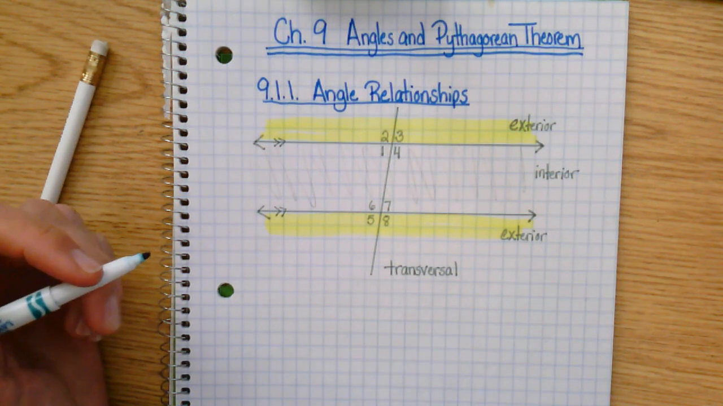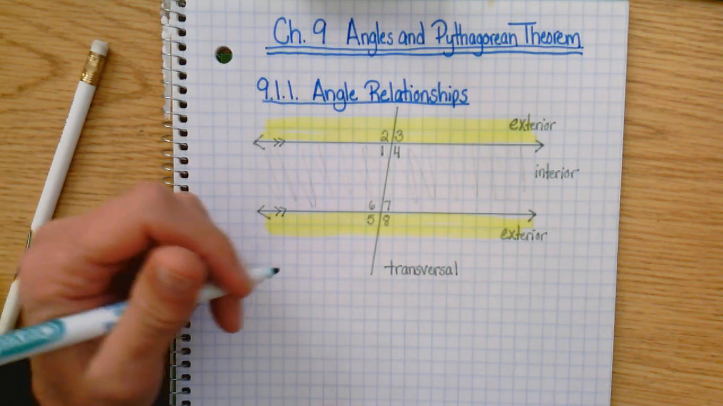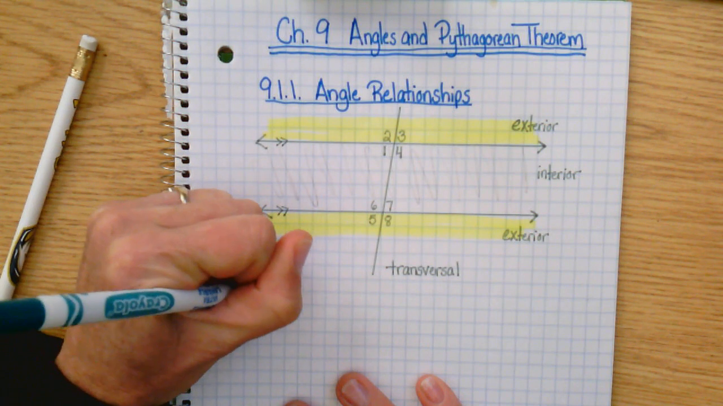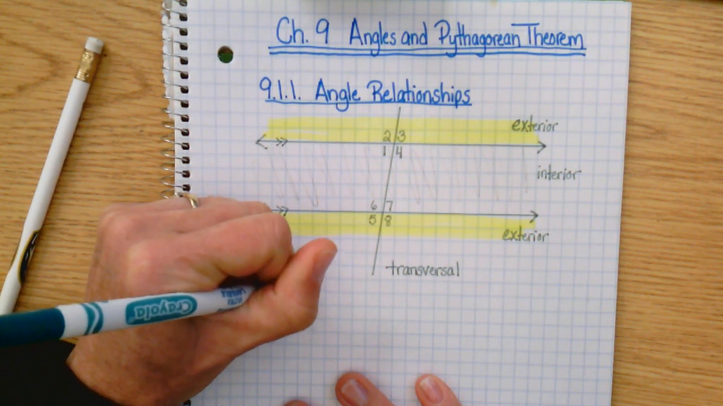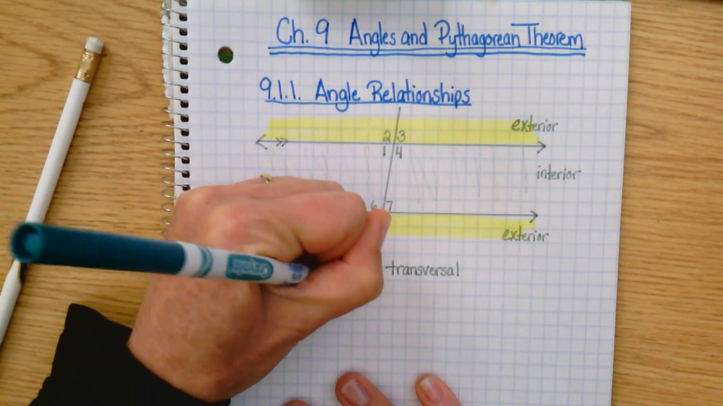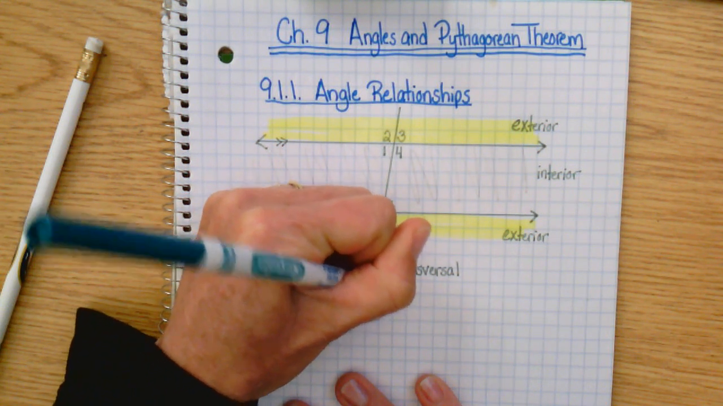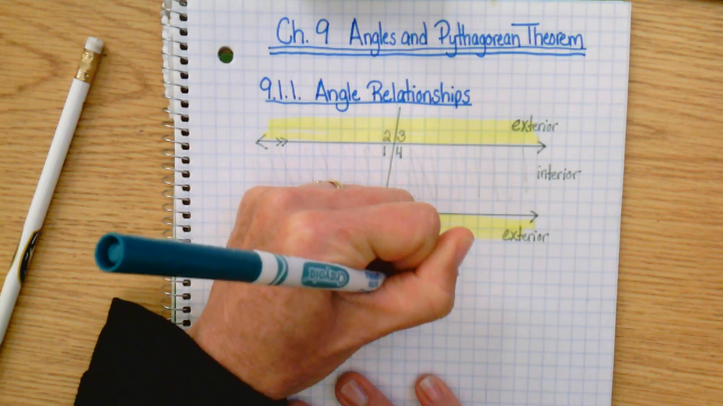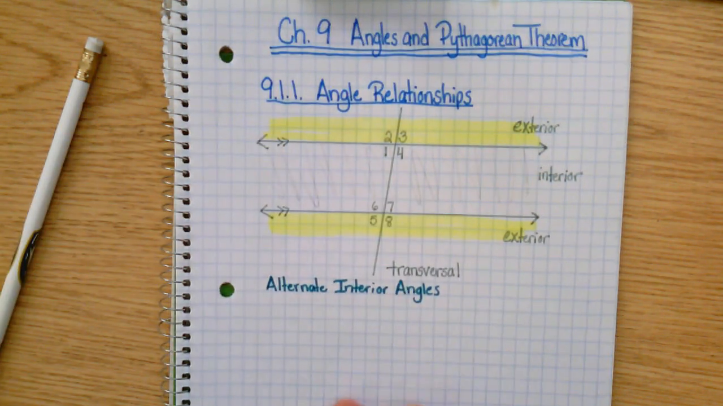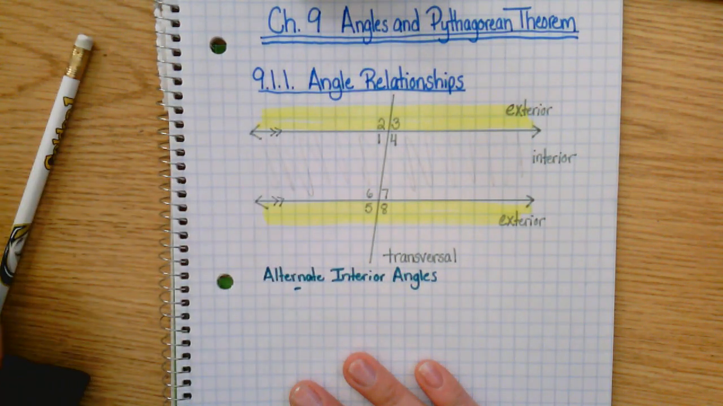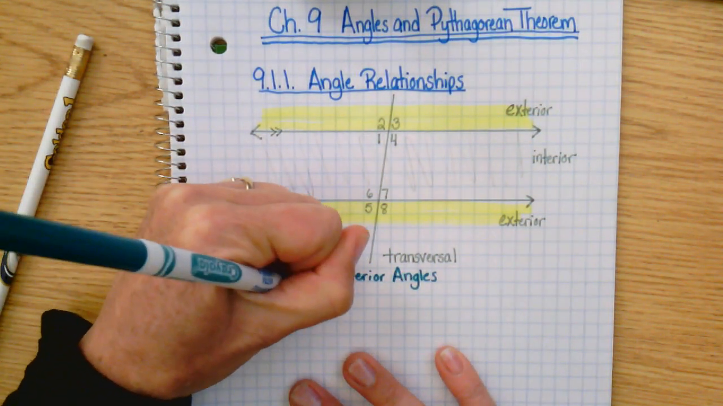The first angle relationship that we're going to look at is alternate interior angles. Alternate interior angles are on opposite sides of the transversal,